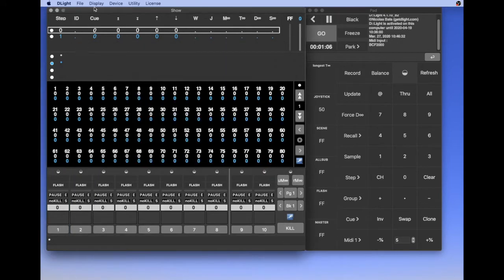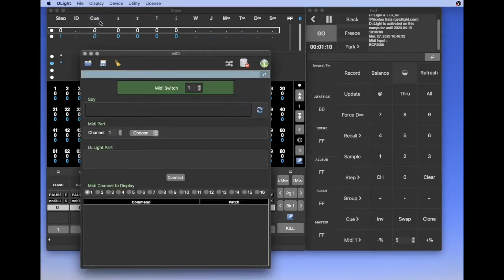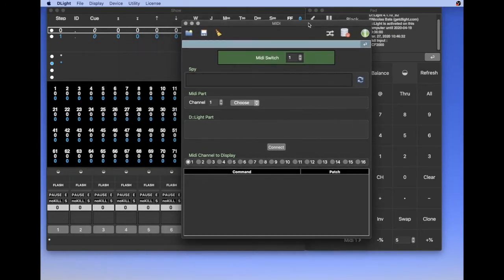Then for the patch, you go to the display MIDI window. In this window, if I move my fader in the SPI, I see what the controller is sending. Here it is on channel 15, controller 1 and the value.